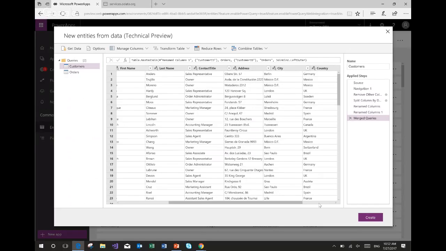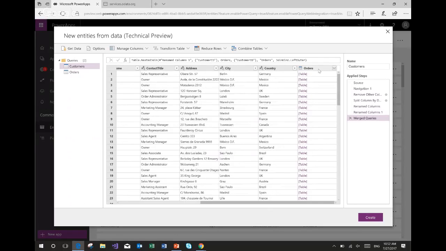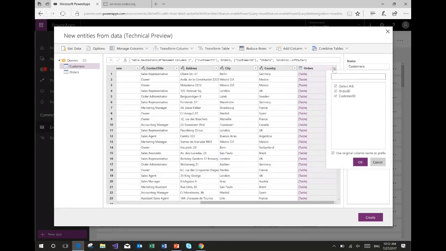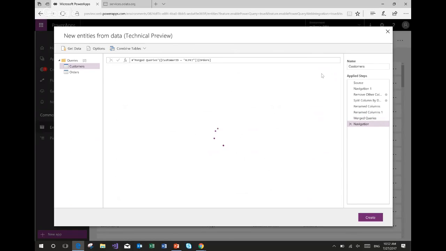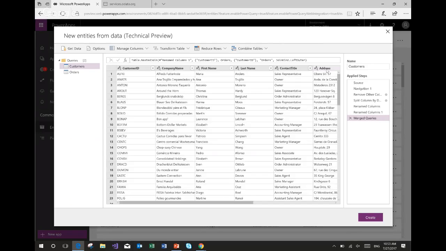Now I have my new column with orders data, and I can go in and do something like expanding. But rather than that, what I would like to do is extract the count.